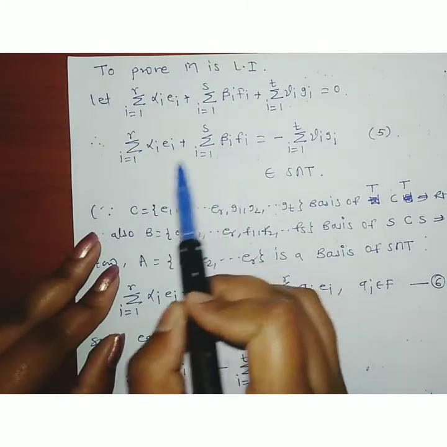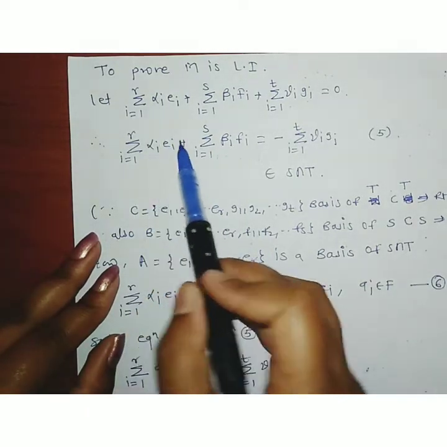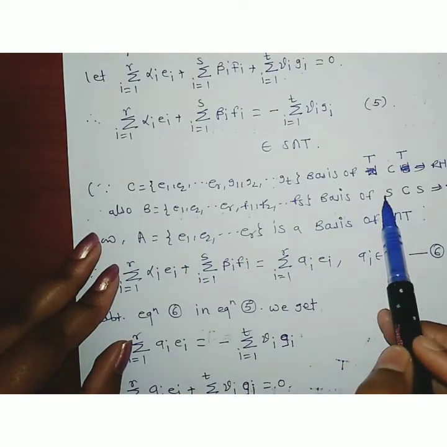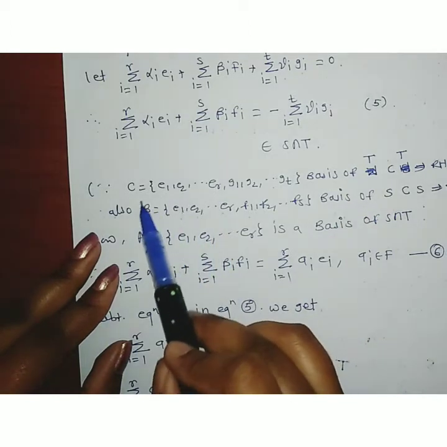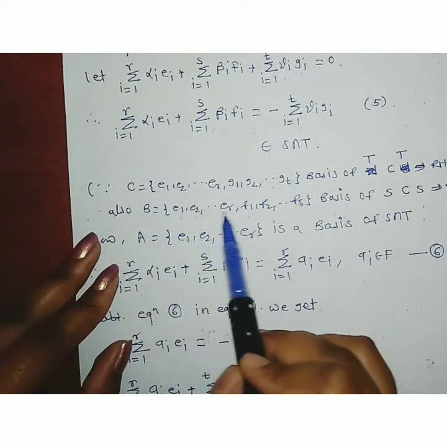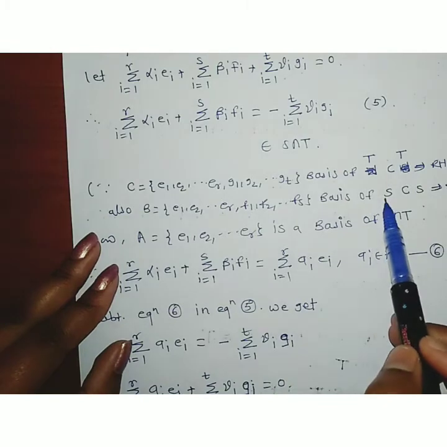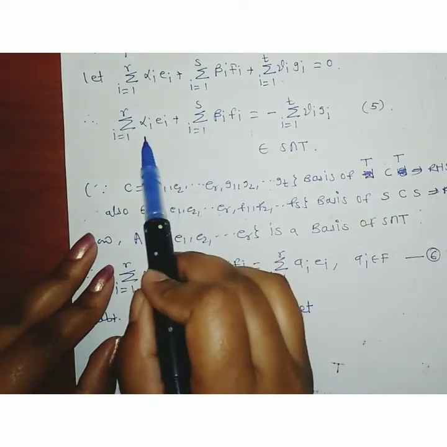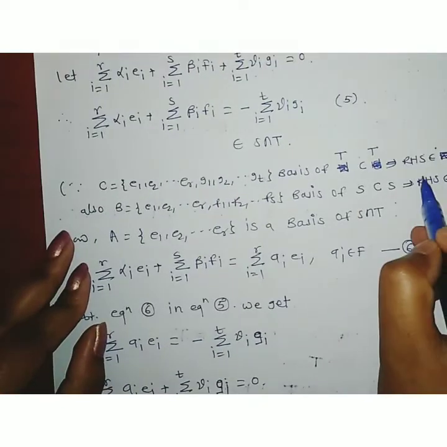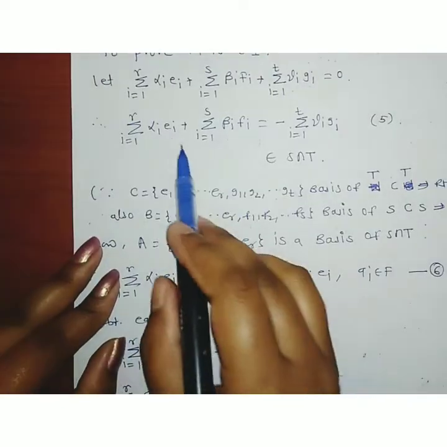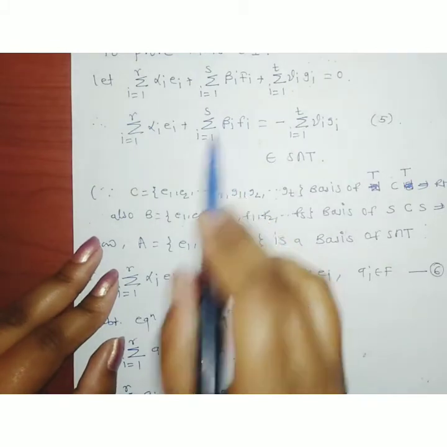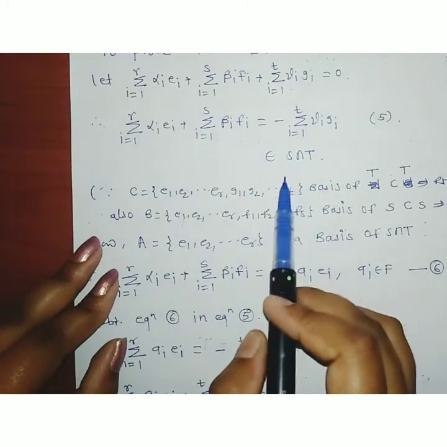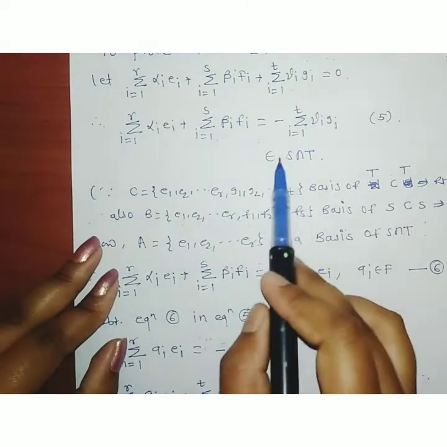Now look at the LHS. The LHS consists of the ei vectors and the fi vectors. But we know that these ei and fi vectors form a basis for S, this set B: e1, ..., er, f1, f2, ..., fs, which forms a basis for S. Therefore, this LHS belongs to S. So, as the LHS belongs to S and the RHS belongs to T, this whole term belongs to